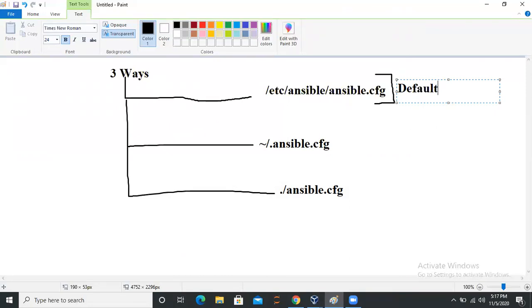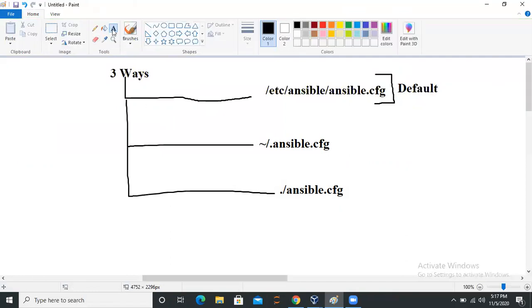Explicitly, what does this mean? It means you can use your own configurations also. You can write your own configuration, but remember one thing: the syntax should be the same. Or you can copy the exact same file to your desired location. For example, another way is to copy or make your own custom configuration file with the same name, ansible.cfg, but remember the syntax should be the same.